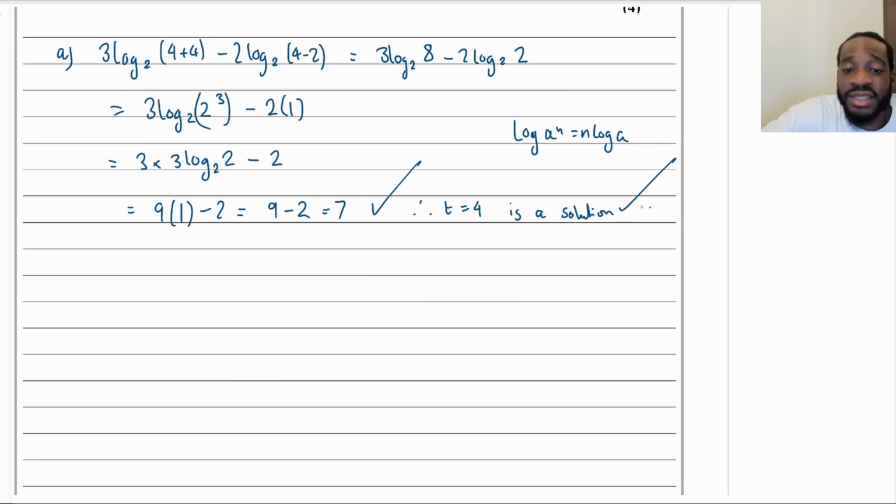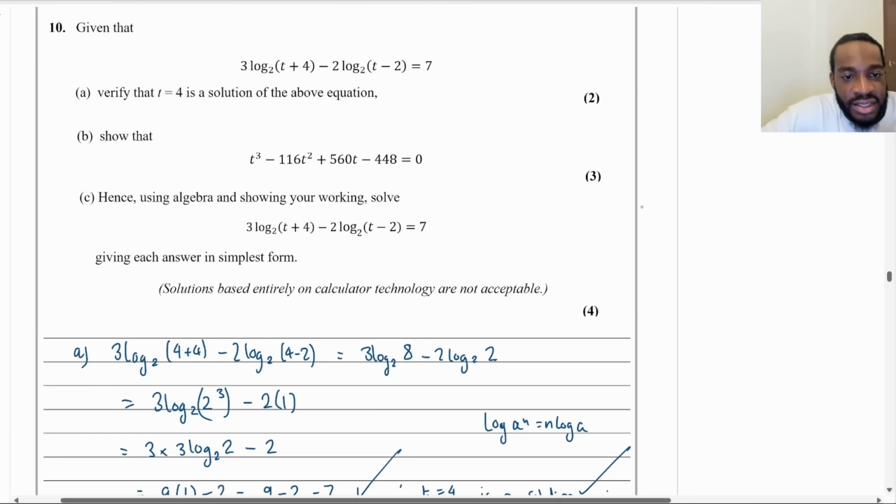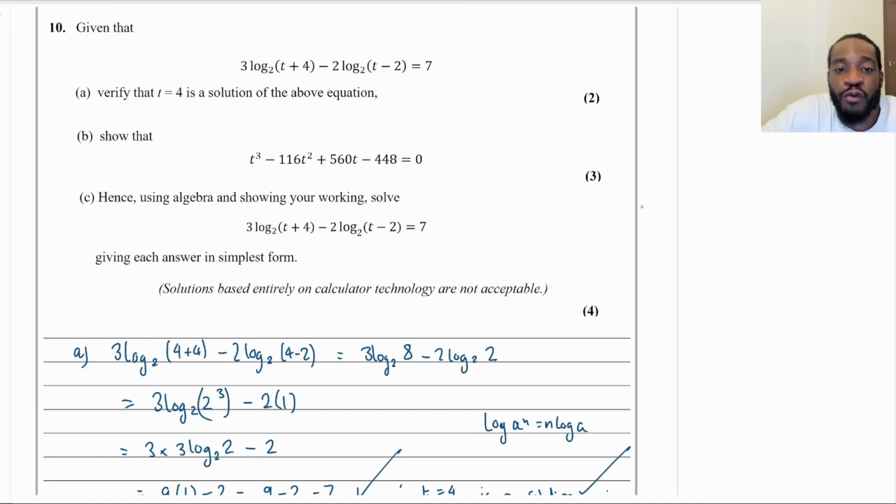And that's it. That's part A done. Now, part B. It says show that t cubed minus 116t squared plus 560t minus 448 is equal to 0, for 3 marks. So we've got this equation at first, which is in terms of logs, and then we've got no logs anymore. So we've got to use our log laws to